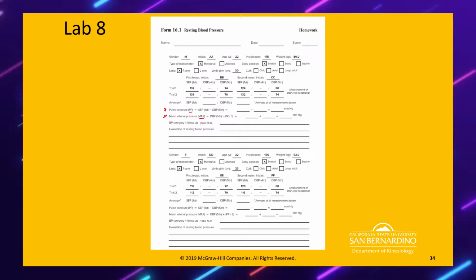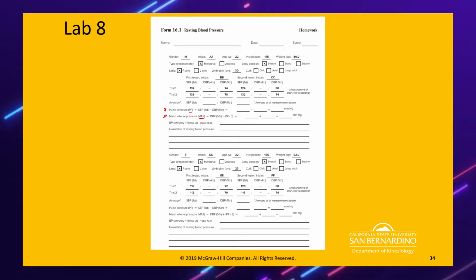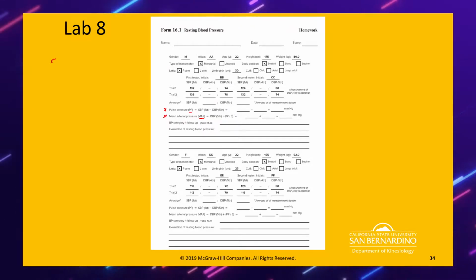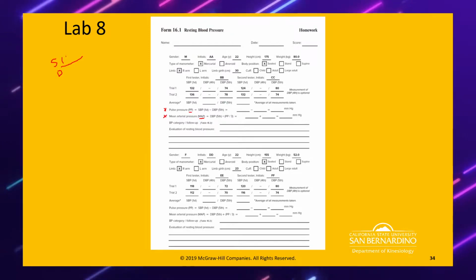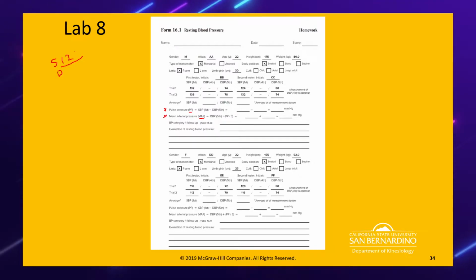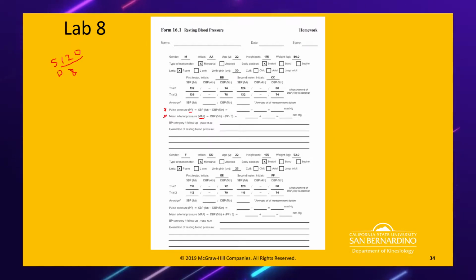Something to point out with MAP is the fact that when we are recording blood pressure, we end up with two numbers, the systolic pressure and diastolic pressure. And it's usually reported as a ratio. The top number is usually larger. The bottom number is usually smaller. Because of this,